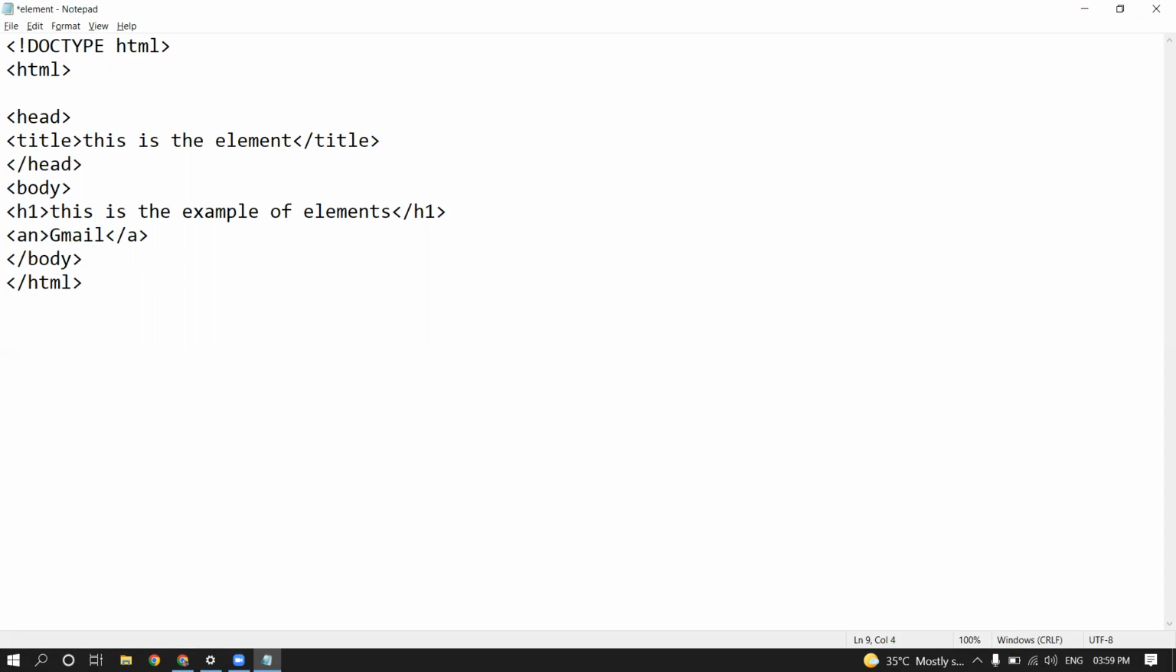I will provide here the Gmail link. href is the attribute. Inside the attribute I will provide the Gmail, https colon double slash gmail.com. Okay, and another attribute is the target. It will open the Gmail in a new tab. Okay, so _blank,